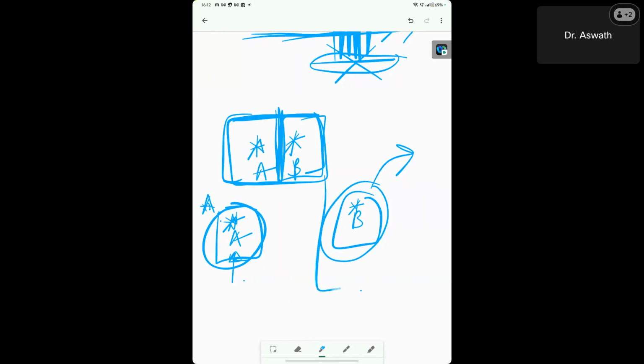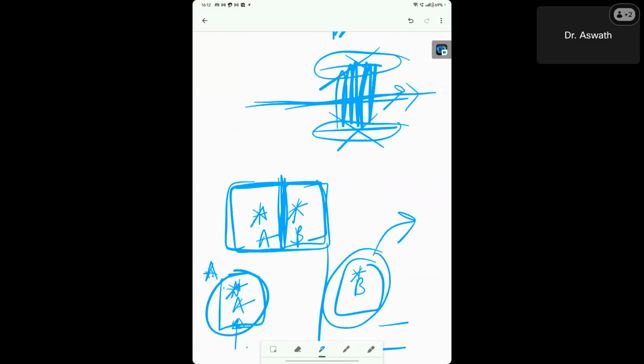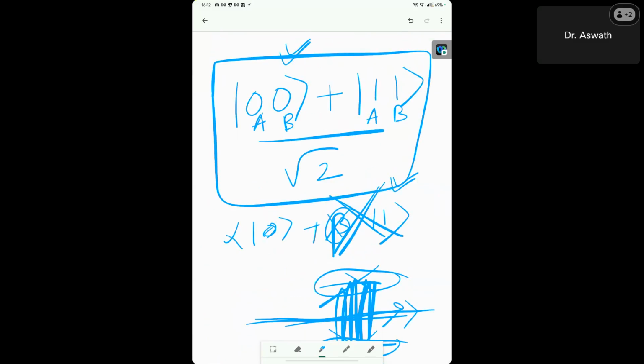I don't have anything to say on the atom B, so atom A is with me. In that case, by nature of quantum state observation, whenever I make an observation, its quantumness is going to be destroyed. It becomes classical. How? Let's say atom A falls to the zero ket state, meaning its one state is going to be nullified. How is it going to nullify? Whatever probability amplitude is multiplying onto that should become zero.